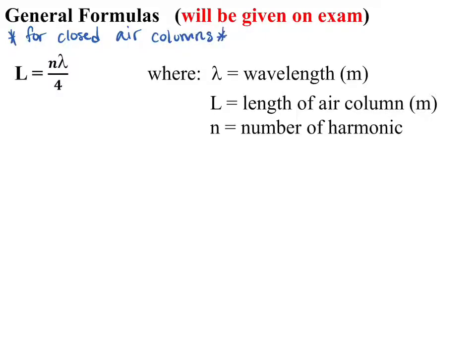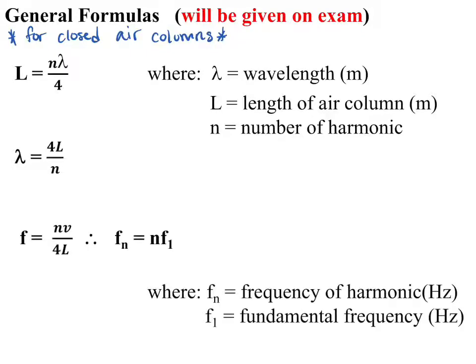So the length will always be n, the number harmonic, times the wavelength divided by 4. If you rearrange that, we found the wavelength will always be 4 times the length divided by the number harmonic, right? And 4 because these are always in quarters, these wavelengths, okay? And then our frequency, it was always n, the number harmonic, times the velocity of the wave divided by 4